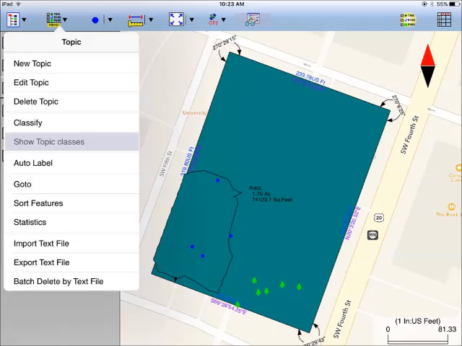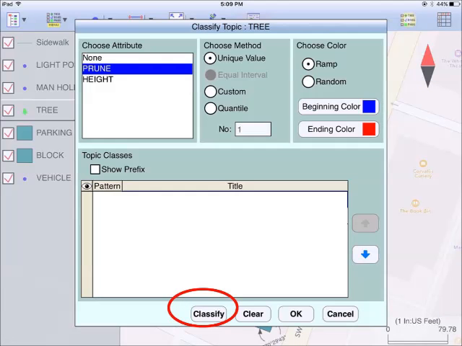2. From the Topic menu, select the Classify function. The Classify Topic dialog box will be displayed. 3. Select the attribute, based on which to classify the features. 4. Choose a Classify method. If you use the equal interval, quantile, or custom method, specify the number of classes. If you use the custom method, tap the Custom button, and define the range of classes in the Custom dialog